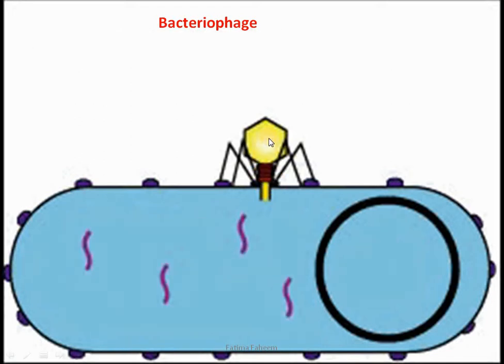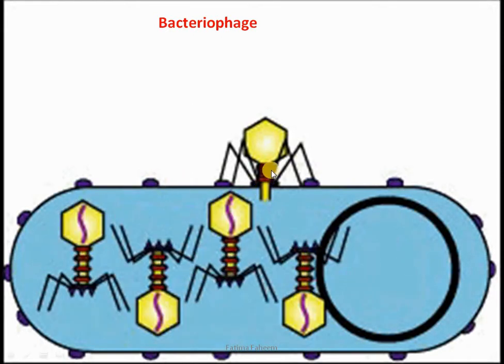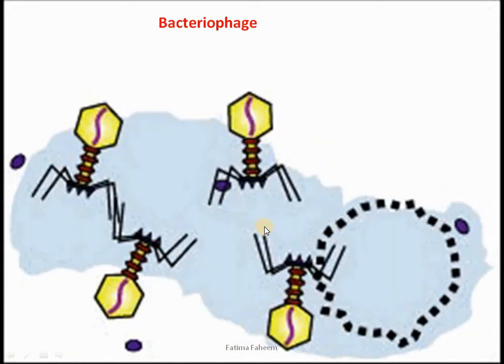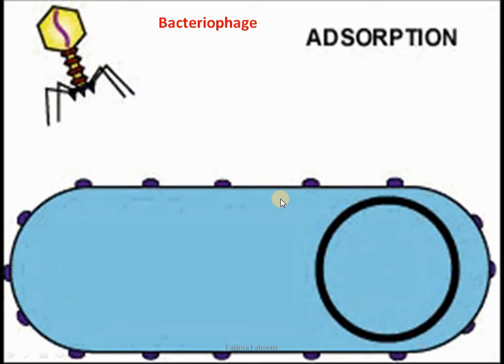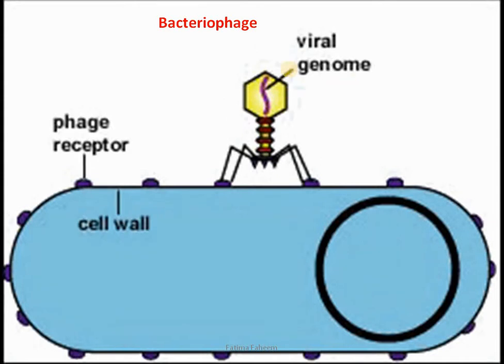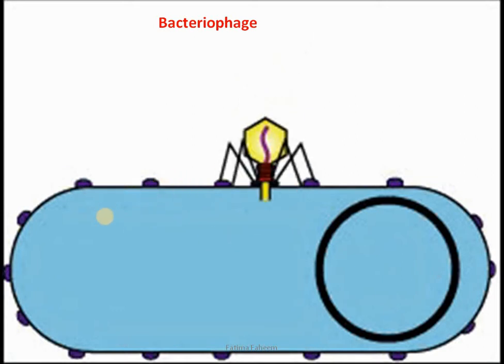If you see here that the virus has attached itself to the cell membrane, the cell wall of the bacteria, it has got its genetic material which is being transmitted to the bacterial cell, and that genetic material of the virus orders the bacterial cell to produce the viral proteins and viral structural components which are required for the reproduction of the virus. Here again, you see that the viral genome gets into the bacterial cell and causes the bacteria to produce the structural components of the virus.